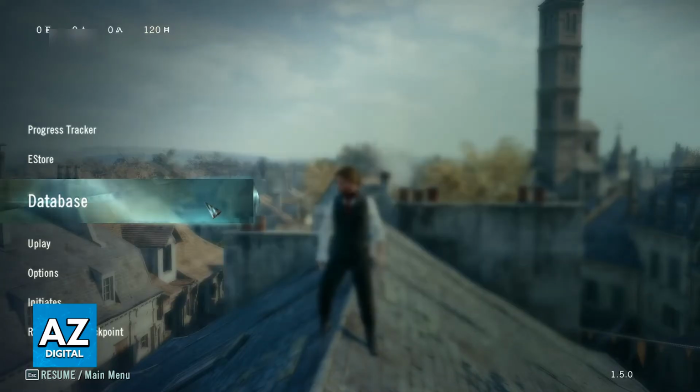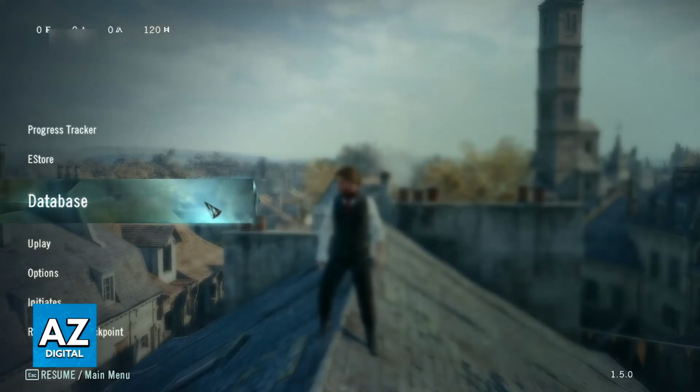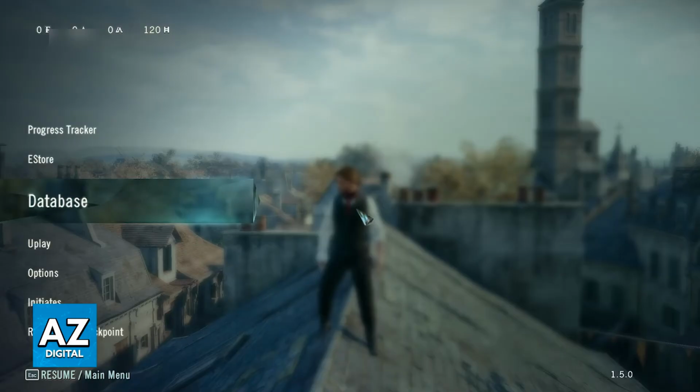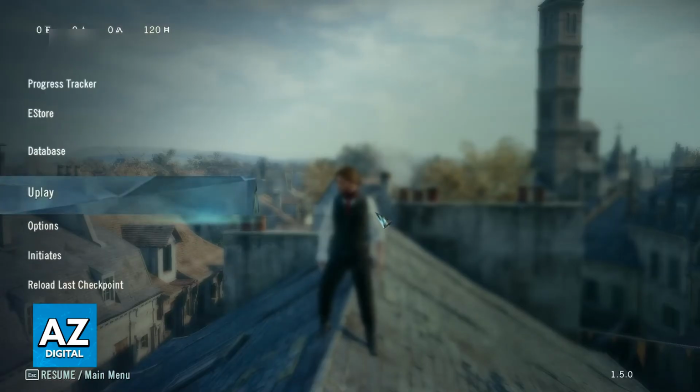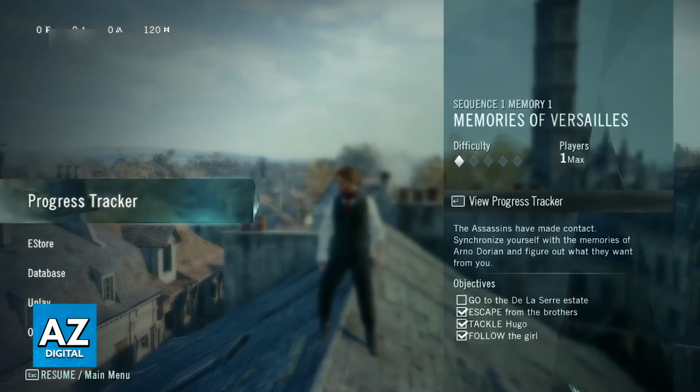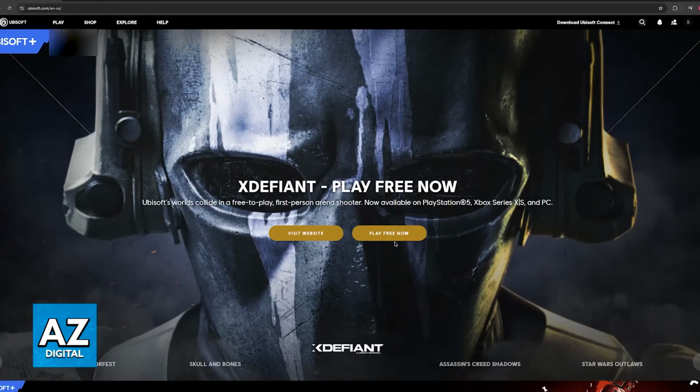Now, a lot of people report that they get server errors because the Ubisoft servers for this game are extremely old and they are super buggy. So if you are getting errors when trying to go into the Play Together menu, what you can try instead is to go over to the Ubisoft website. So go over to ubisoft.com,